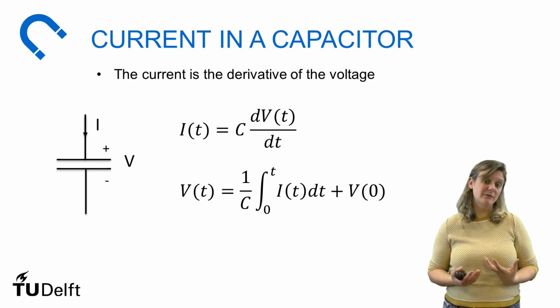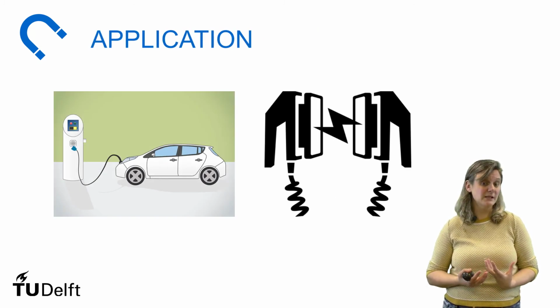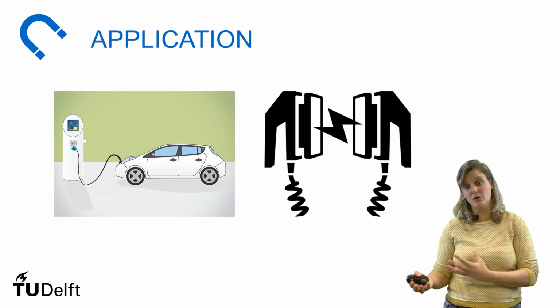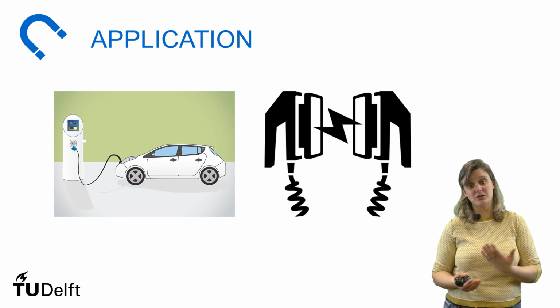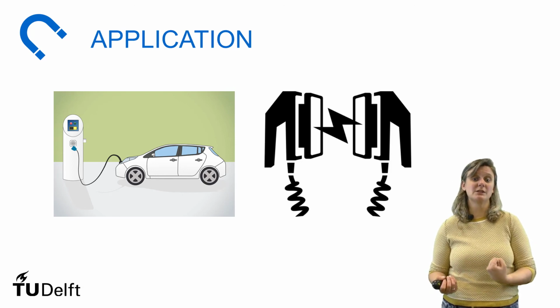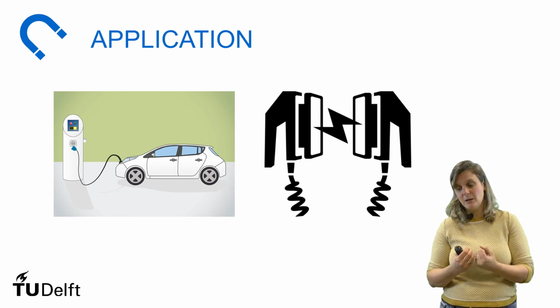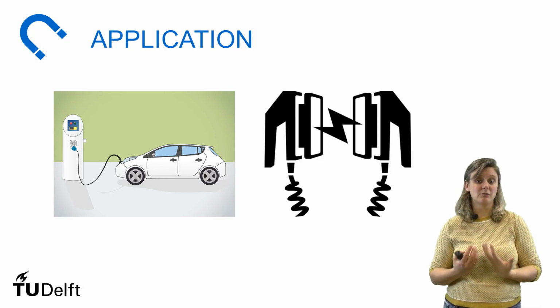Okay, so now we understand the voltage behavior of a capacitor, but why would we even want to know that? A capacitor is very useful in the case of an electric car, where you want to bring your charges and your energy from your charging station to your car. You want to do this as fast as possible. So the more charge you have in your capacitor, the faster you can charge. Also, in the case of a defibrillator, if someone gets a heart attack and you need to deliver a lot of charge very fast, you put a lot of charge in a capacitor, and then by creating a very high voltage difference, you can release charges very fast and try to restart the heart.